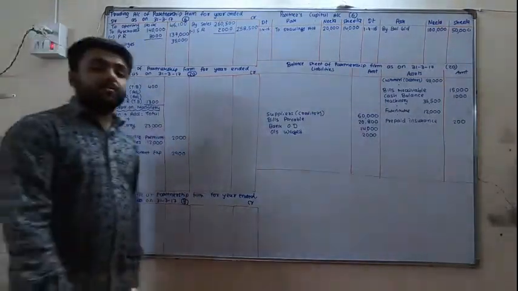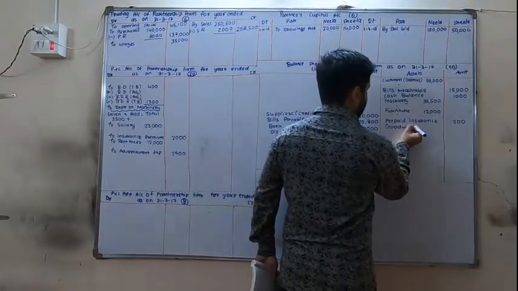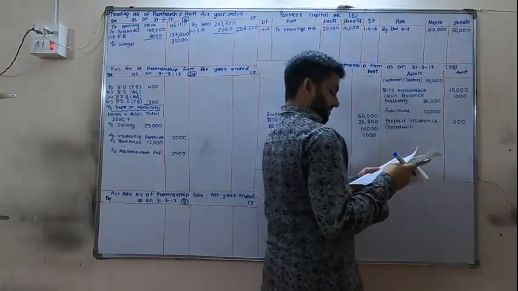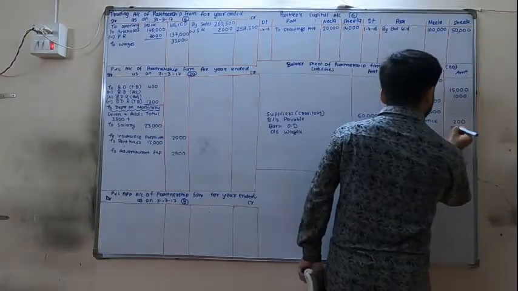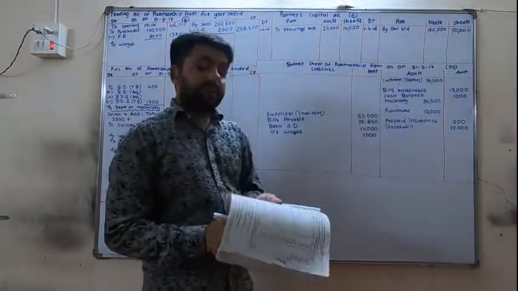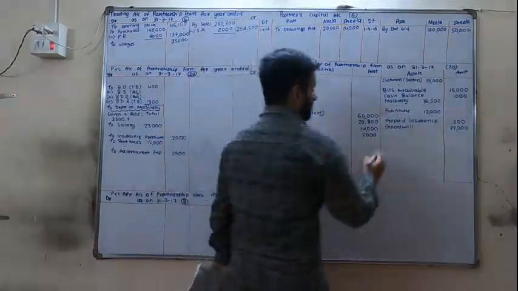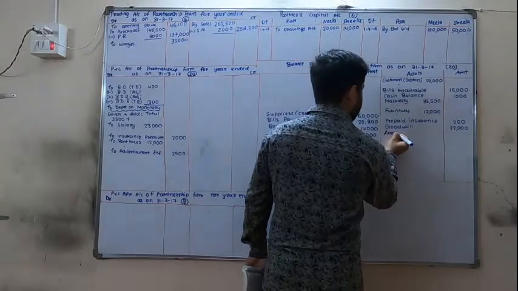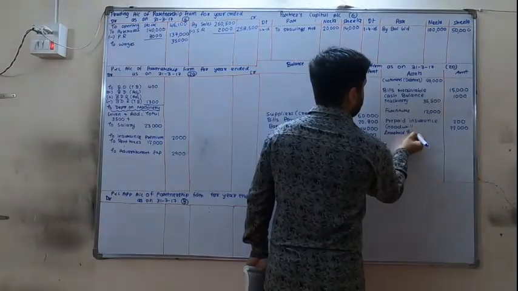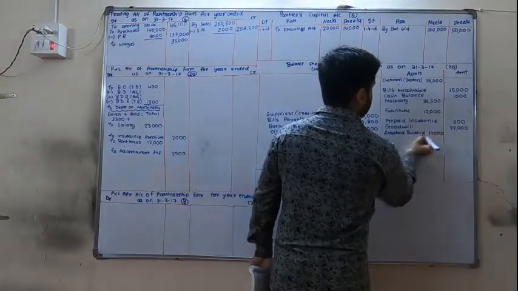Next we are having goodwill. Goodwill is our asset, so on the asset side, goodwill 72,000. Now the important thing, we are having leasehold building. First it is an asset, so show it on the asset side. In the inner column, leasehold building, 14,000.